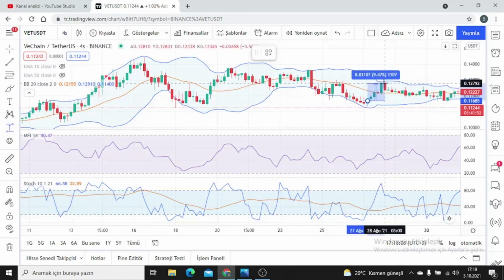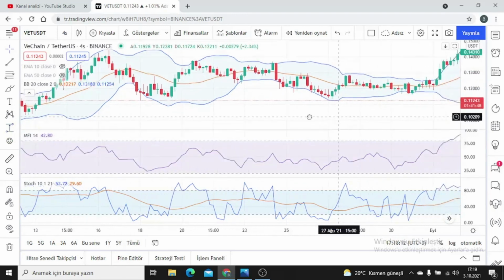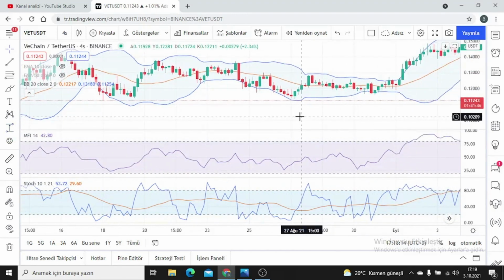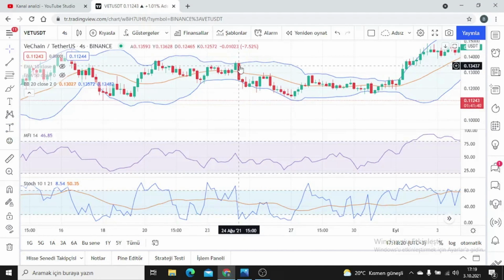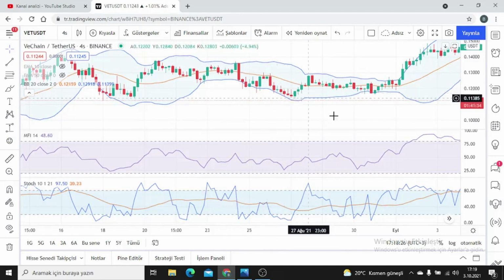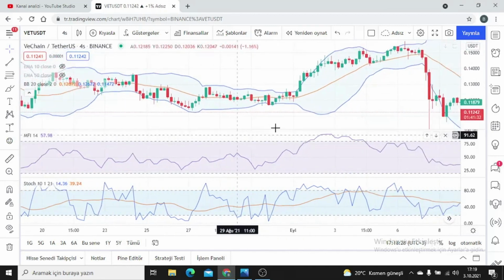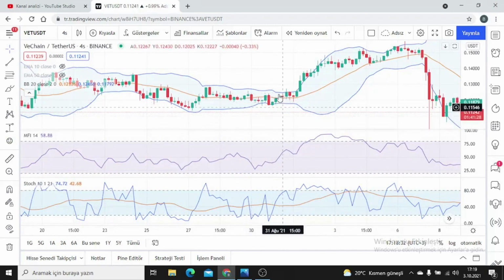If we enter the transaction at this region and exit the transaction there, assuming that it touches there, do not expect a move that will definitely touch there. Suppose we get the middle. Here and there, friends, it brings a profit rate of 9 to 9.5%. If you are already using it in the market, i.e., if you are trading in futures, you can also evaluate the declines by opening short transactions on the upper channel of the Bollinger Band here. Let's take care to open trades by following the indicators and confirming them with each other.